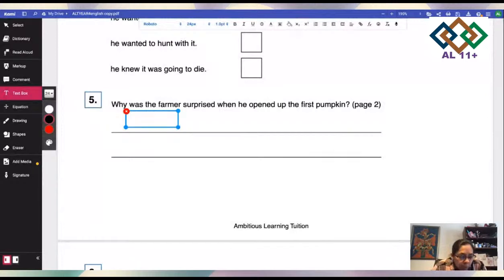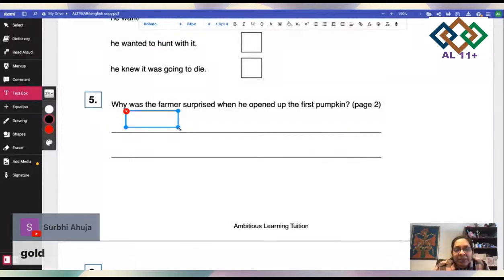So, what do you think? If you have a question like this, you have to give me at least 2 points in this. Because there was money, not money, there was something else. Just read it. It was something like money. Yes, the pumpkin was filled with riches, and it was filled with what? Gold. Yes, you're right. So you have to be really careful what answer you give.